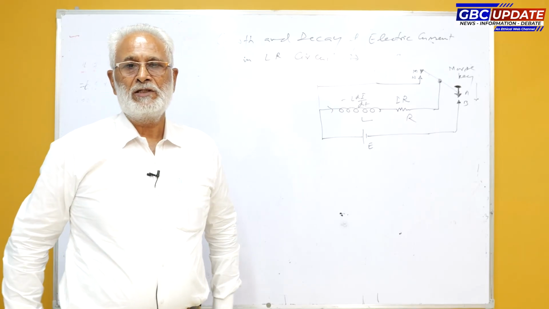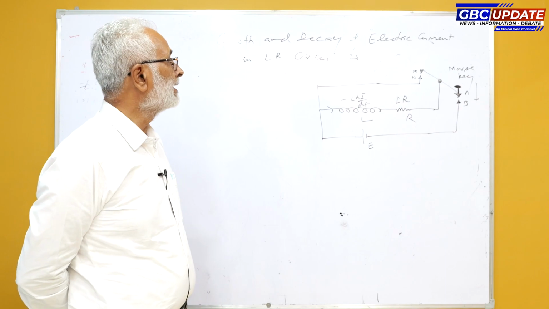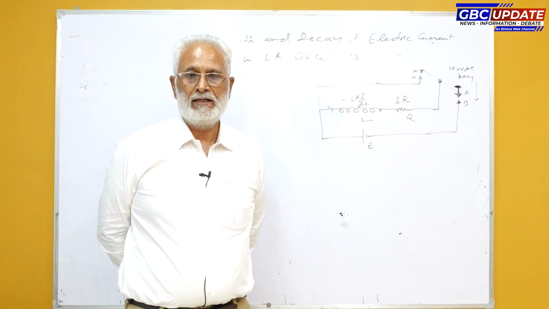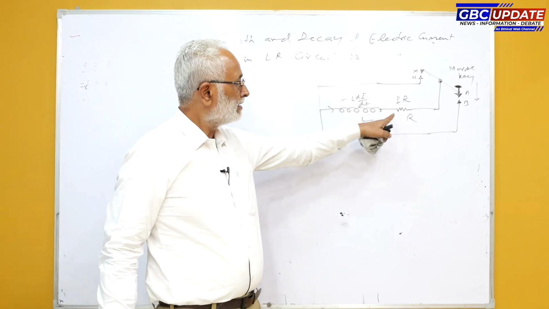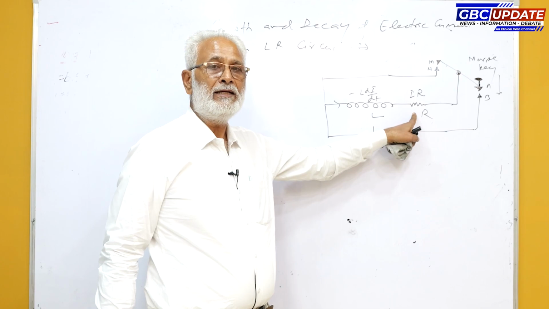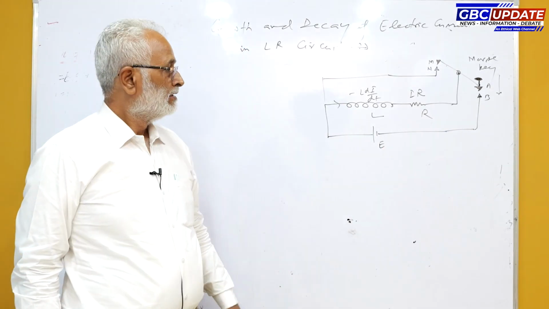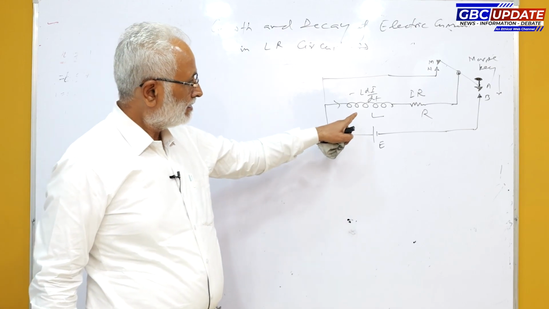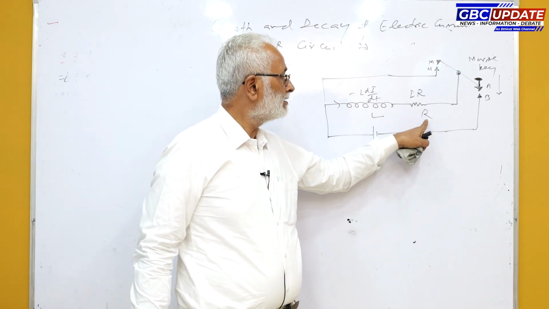Dear students, the topic of my today's discussion is growth and decay of electric current in an LR circuit. An LR circuit means a circuit containing inductance and resistance in series with each other along with the source of EMF. Now, in order to study the growth and decay of electric current, we take an inductor of self induction L